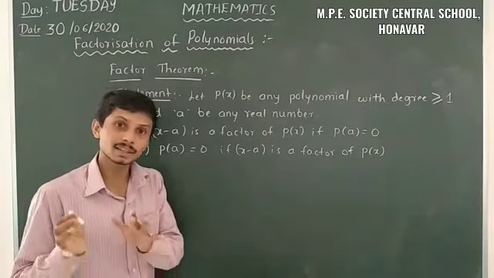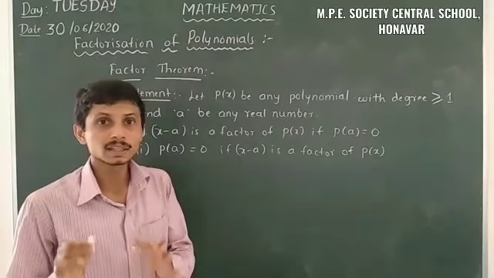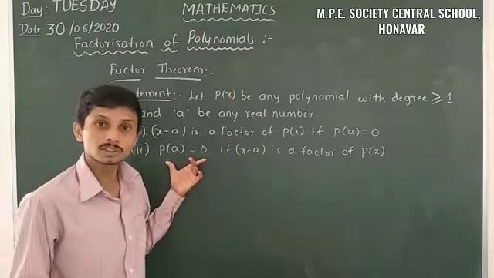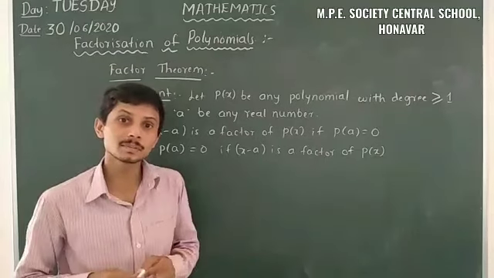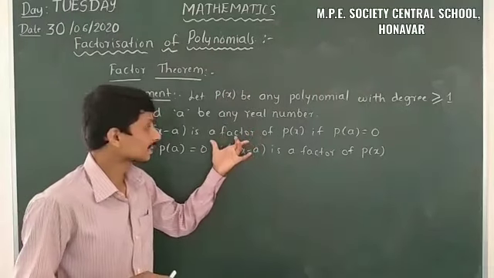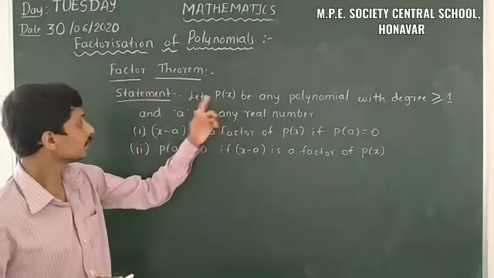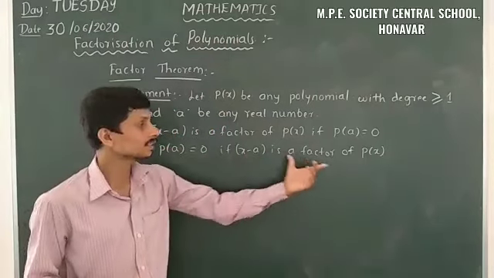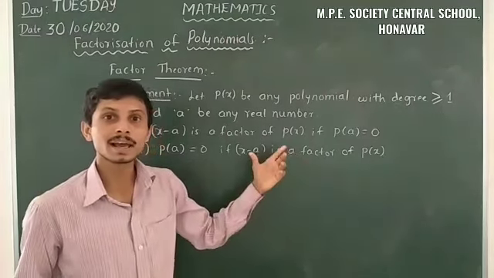We already learned in the remainder theorem that p of a is the remainder we get after division. Here p of a is equal to 0 means the dividend is completely divisible by the divisor. Here the dividend is p of x and x minus a is the divisor, then p of a is equal to 0 means the dividend is completely divisible by the divisor. Again, p of a is equal to 0 means x minus a is a factor of p of x. So that means x equal to a is a solution of p of x,